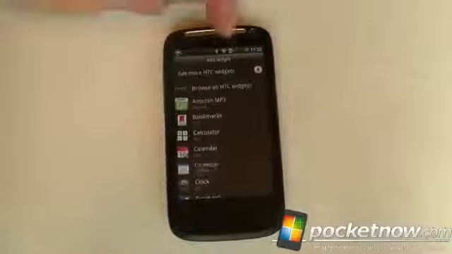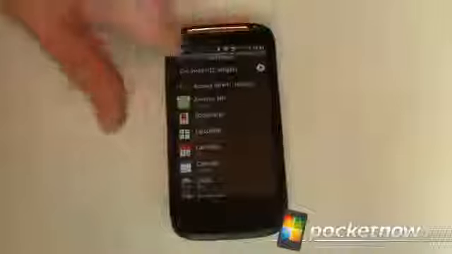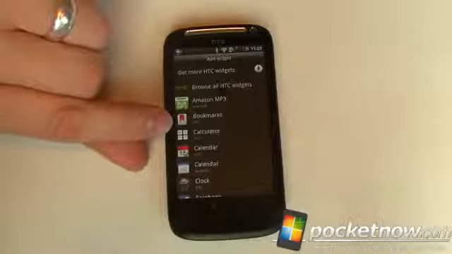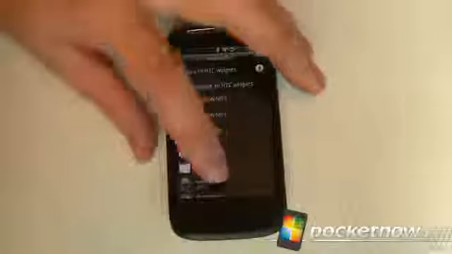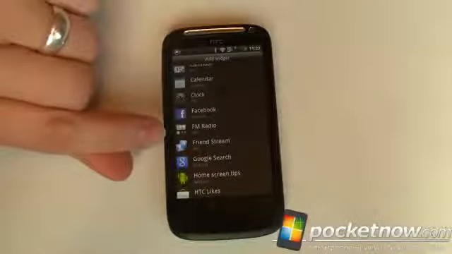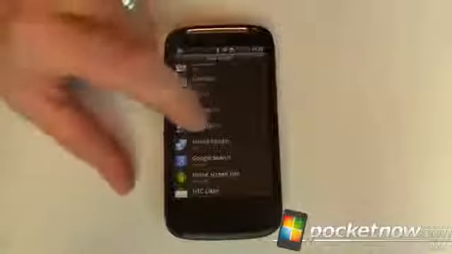Now, I can't do that because I don't have my SIM in the device right now, but it's very easy. It gives you a list that you can select from and download very, very fast. You can see down here it's categorized. This is an Android widget, this is an HTC widget, and so on. So basically the same widgets that we're used to. I'm not familiar with the FM radio widget, but I am familiar with the FM radio app, so we'll go ahead and add that. And if I have my headphones, which you do have to have, because that serves as an